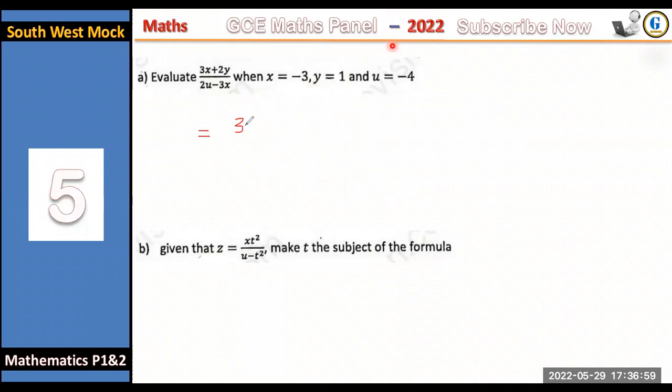So this will be equal to 3 into x. What's the value of x? x is -3, plus 2 into y. What's the value of y? 1. All this over 2 into u, which is -4, minus 3x. So -3 into x, x is minus 3. So this is equal to -9 plus 2, all this on